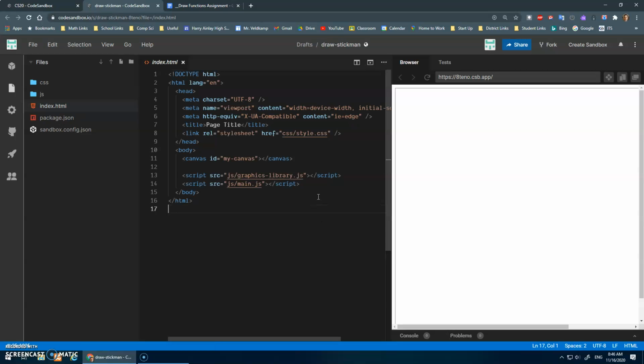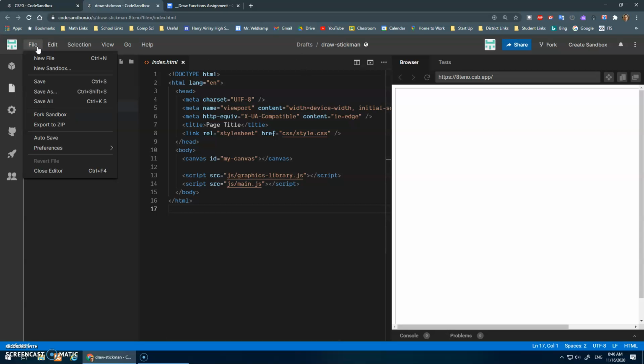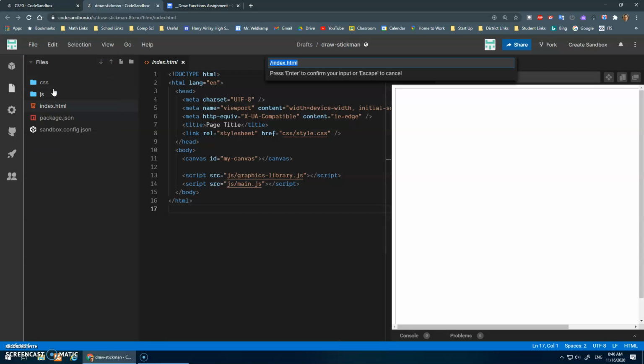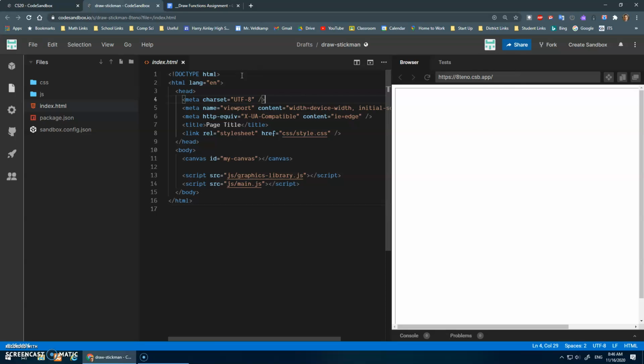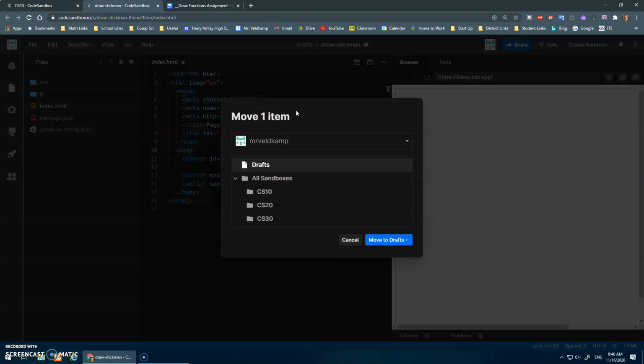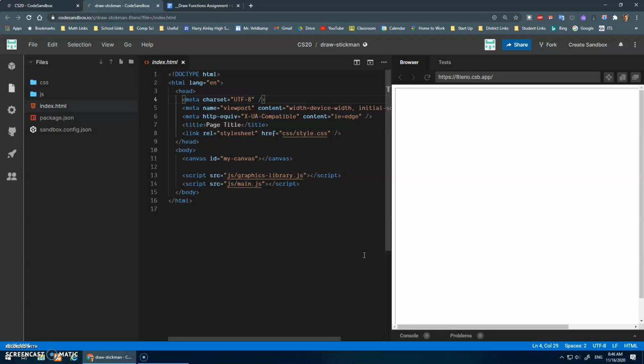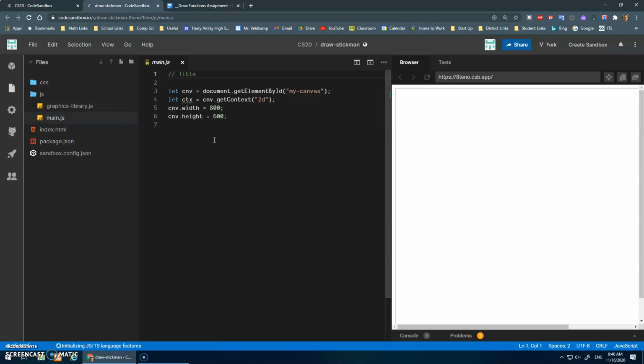And now I should be ready to go. Maybe I can go save as. No, that's just for the files. Sorry, actually I want to change this. Oh, there we go. I can go to CS20, move to CS20. Draw stickman. Okay, good. Okay, so now in my main.js,